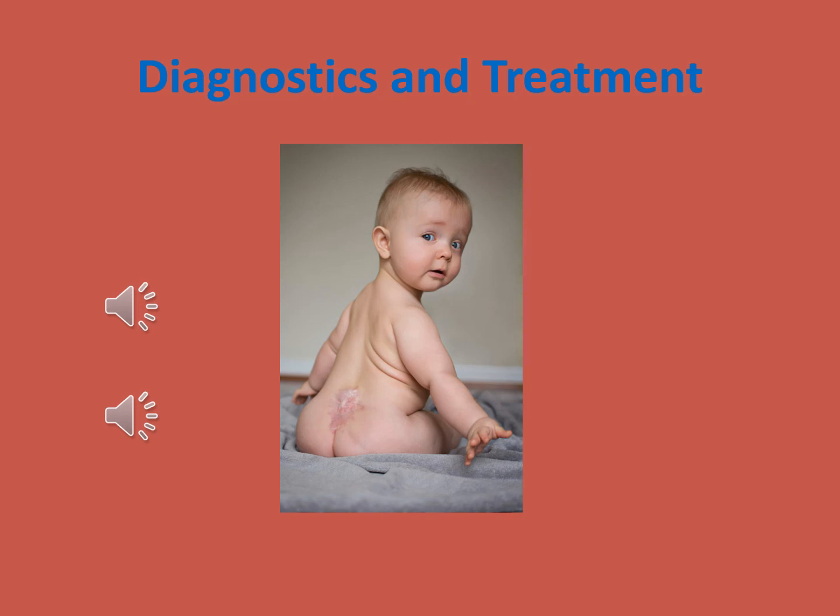closure. So protection of the sac, we're going to do warm, moist saline gauzes, and we want to avoid laying them on the sac because we don't want that sac to rupture. So we're going to place that infant in prone position. Unfortunately, until that sac is closed, we want to avoid picking them up and handling the infant because we want to avoid the possibility of rupturing that sac. Surgical closure is going to take place pretty quickly, usually within the first 24 to 48 hours,